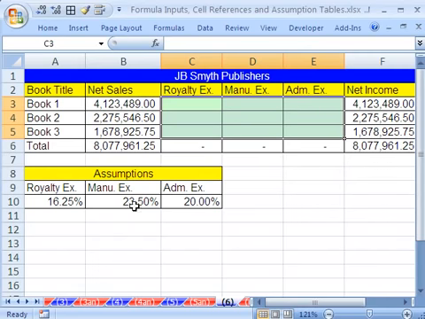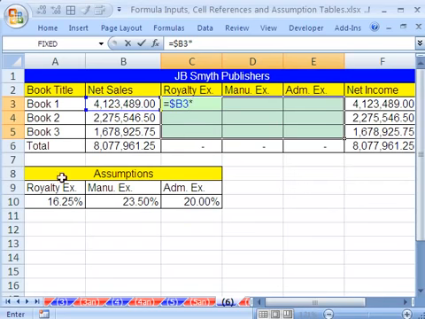Here's some net sales and some estimations for our expenses. Equals that net sales. And now this net sales, when I copy it over across the columns, each one of these cells is going to need that number. So I want it locked in front of the column. So I'm going to hit the F4 key 1, 2, 3 times. But that B3, when I copy it down, it needs to move relatively to the next book title. So no $ in front of the number. Times